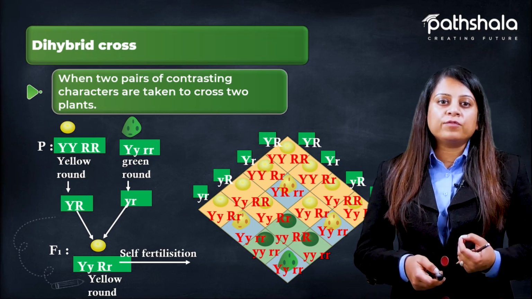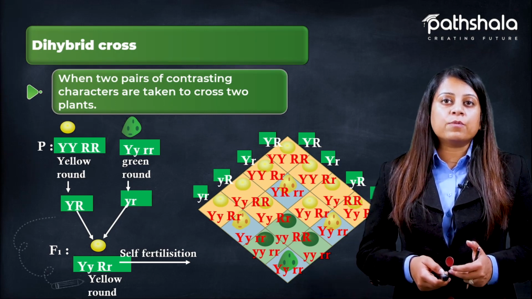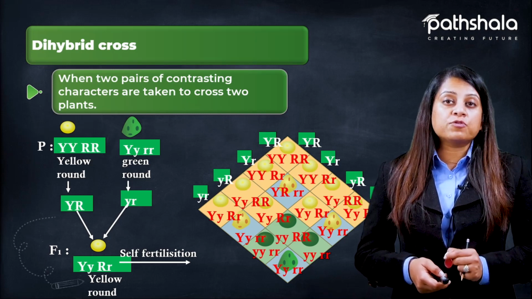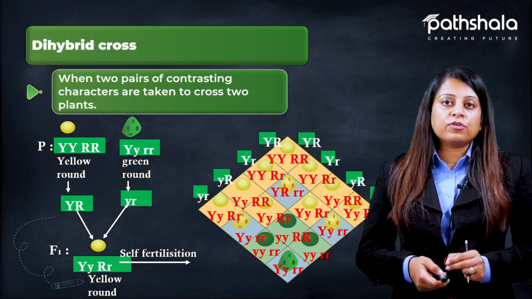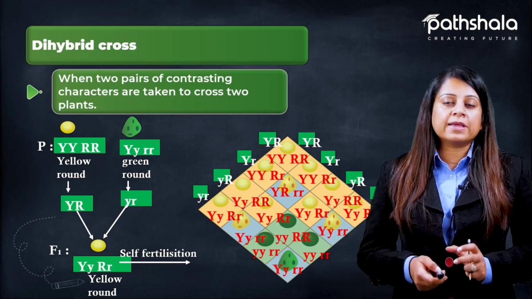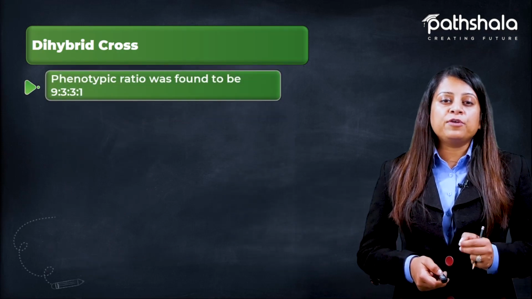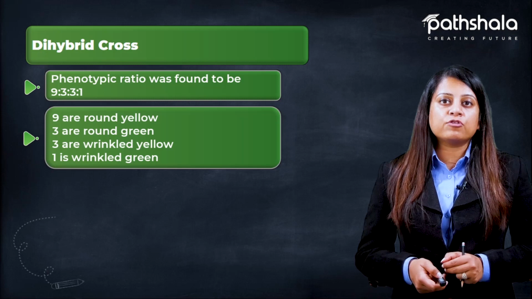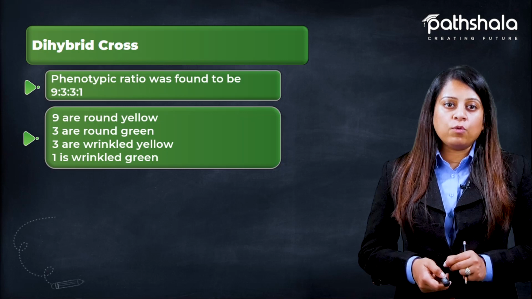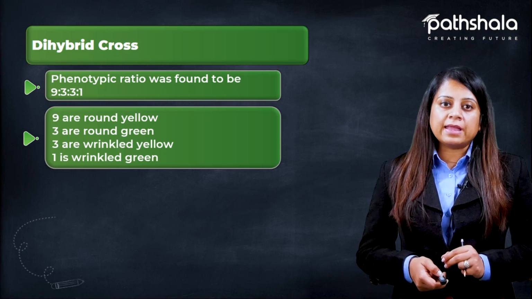So the seeds of this yellow round F1 progeny were allowed to germinate and they were then left to self-pollinate. After self-fertilization, it was observed that the F2 progeny that was received was having mix-up traits, that means it was showing characters from both the parents. It can be said thus that phenotypic ratio was found to be 9:3:3:1. That means 9 are round yellow, 3 are round green in F2 progeny, 3 are wrinkled yellow and 1